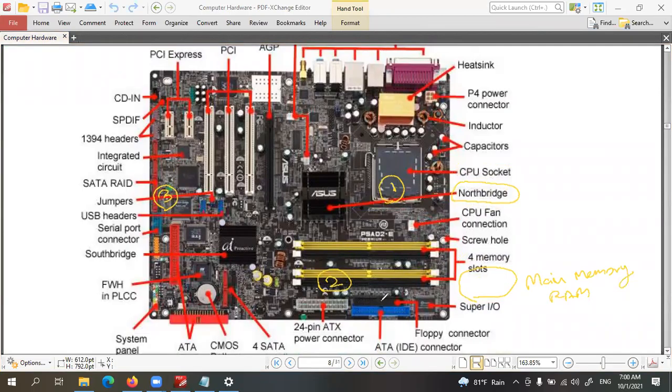Again, these are called IDE connectors. Here, this is also used to connect a hard disk. The IDE connectors are the earliest technology. Nowadays, the newest technology is SATA and SSD. So these motherboards don't have these SSD connections. I'll explain that later. So now we can use these SATA ports or these IDE ports to connect a hard disk.